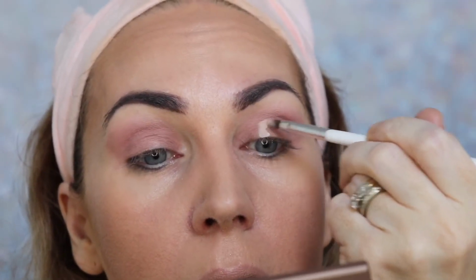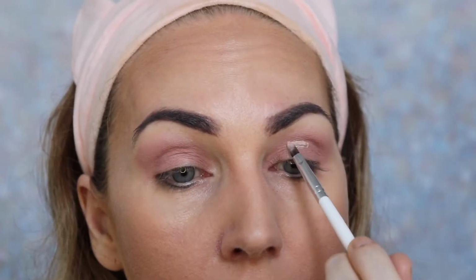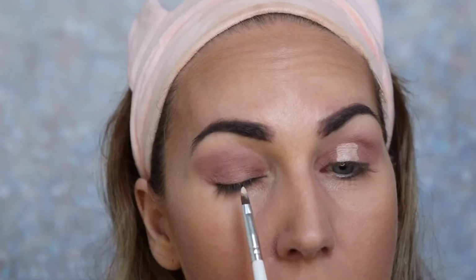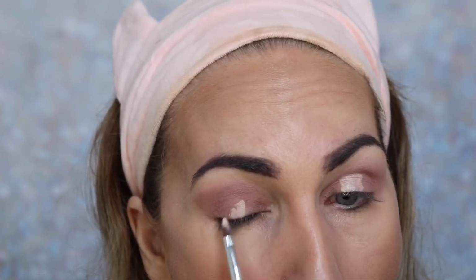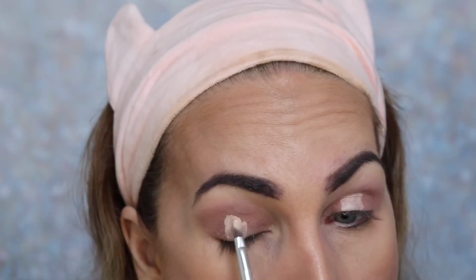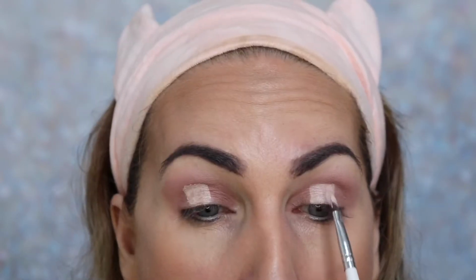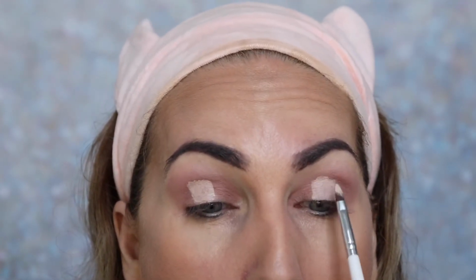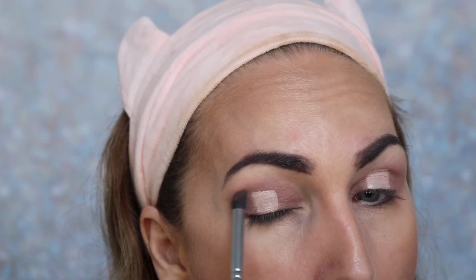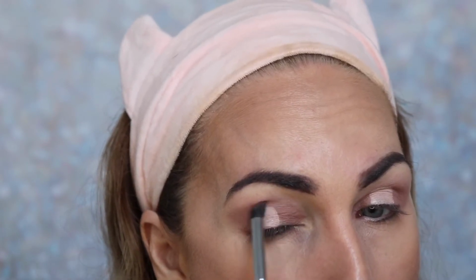Now I'm going to be using some concealer just to do a spotlight or halo eye look today. I'm still practicing doing these kind of eye looks. I find them really difficult to get symmetrical. That's what I struggle with the most, to get each eye looking the same. I tend to go back in quite often to try and fix the mistakes I've made. I went out way too far on my left eye, well, your left, but I fixed it up with some shadow. I like doing it because it gives me practice,